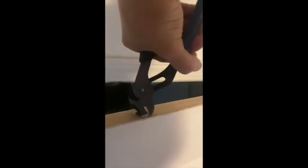use a pair of pliers, essentially just pull this out. Sorry. One sec. There you go. So that's what it looks like. Okay. We can throw that out. And then